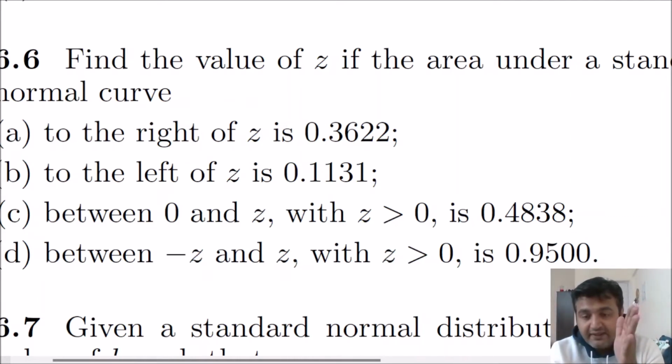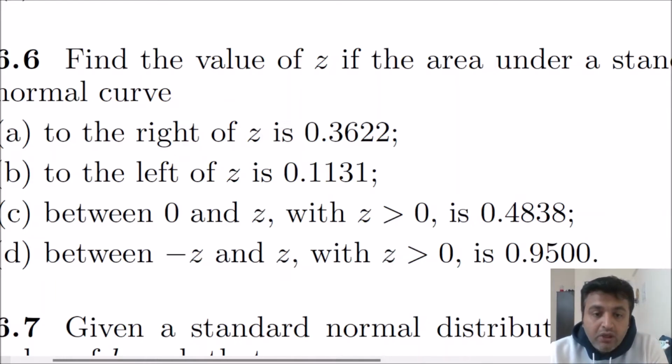So on the right hand side the area is half, and on the left hand side the area is half. Here it is given only from 0 to z. So what will be the area from minus infinity to 0? It will be half. So you want to find z such that the area towards the left of z is 0.4838 plus 0.5,